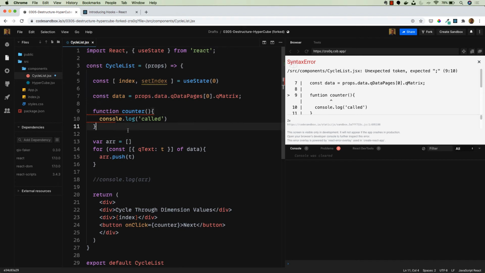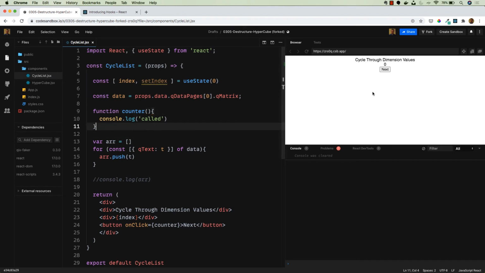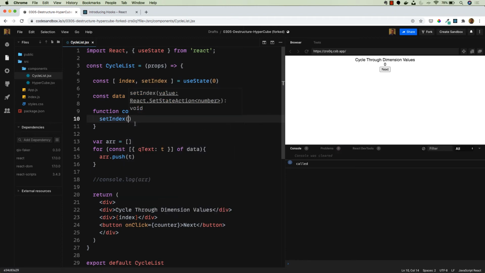And I've missed a C. And then when you click next, you can see called being returned in our console. So instead of this, we want to update our state object. So we can do that by calling setIndex. Nice and easy, as we know, we can set that